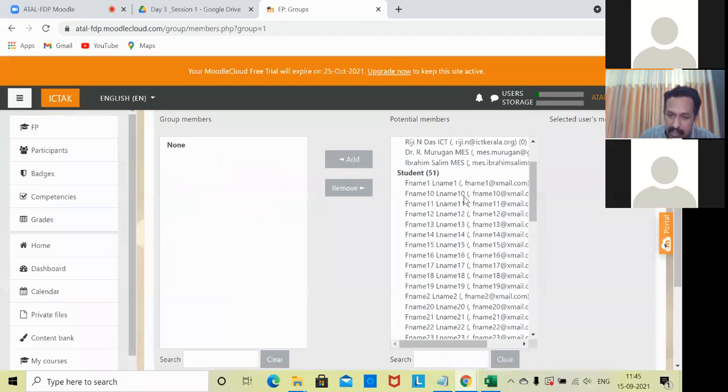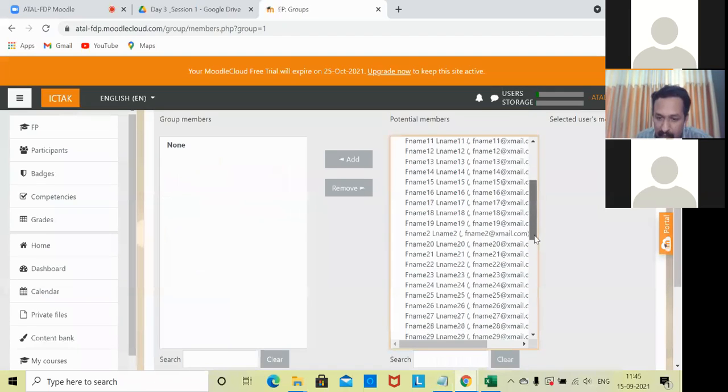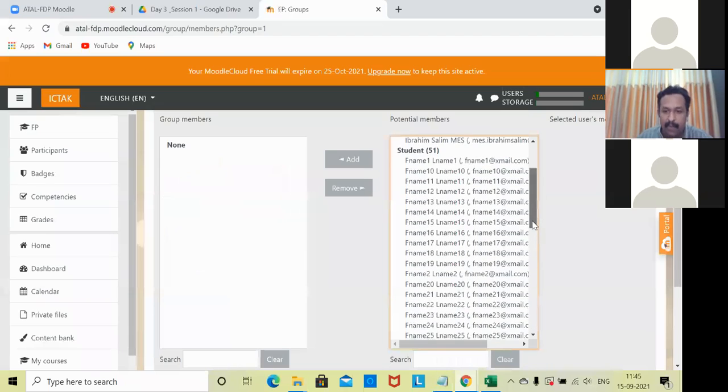Again, we will discuss this, because all users will be listed here, because grouping can be applied on top of any. It doesn't mean that if a user is already grouped, that person won't be listed here. It will be listed, because of the uniqueness of the group. Based on the requirement, we can discuss that.